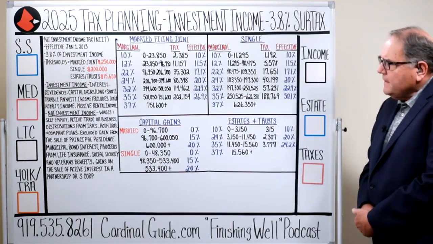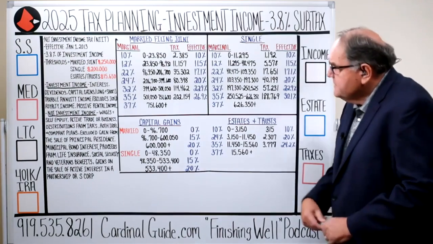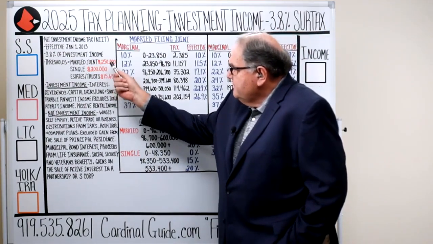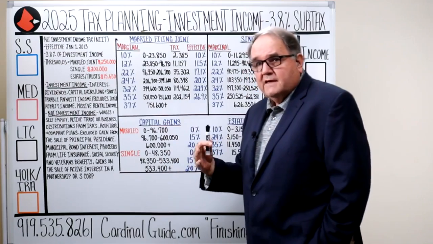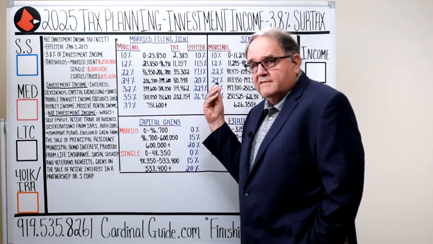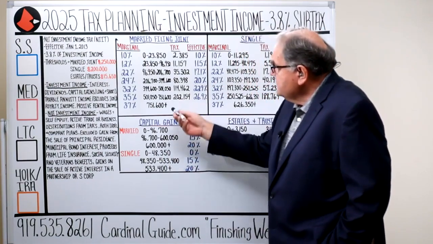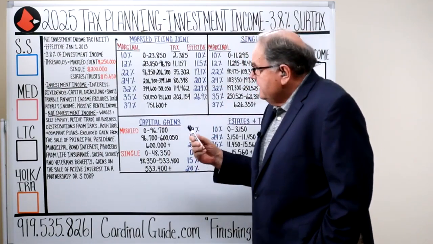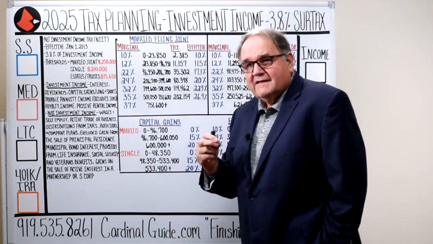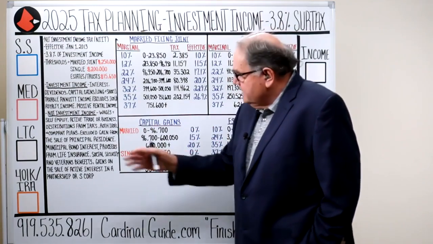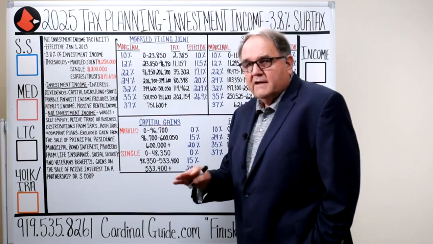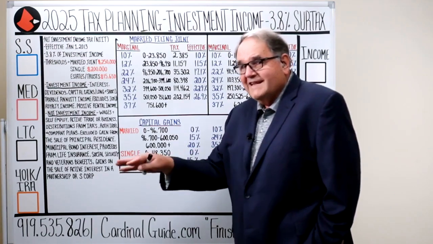Yeah. Just some notes that I want to make: there's no inflation adjustment as we stand right now. And this is putting 3.8% on top of these other tax rates, whether they're capital gains or ordinary tax rates. It's only applied to what is investment income, and there's a whole list here of exclusions. So for a lot of you folks, you don't really have to worry about this. But when you go to start selling something